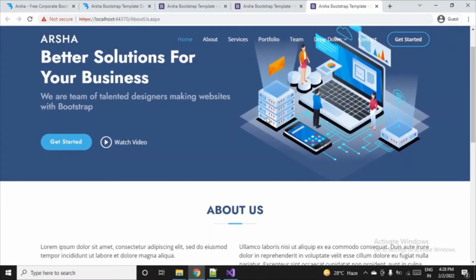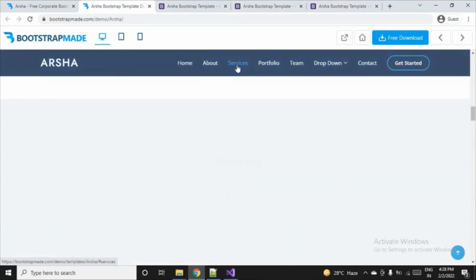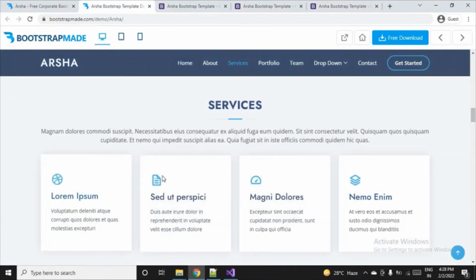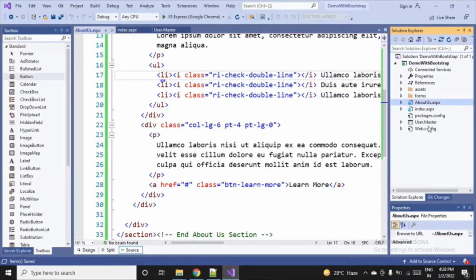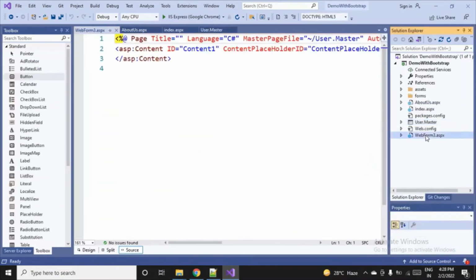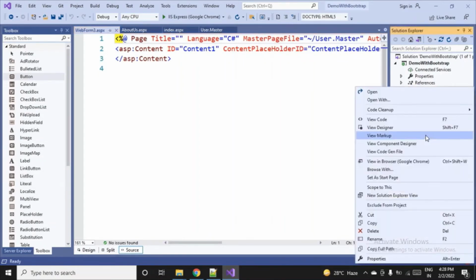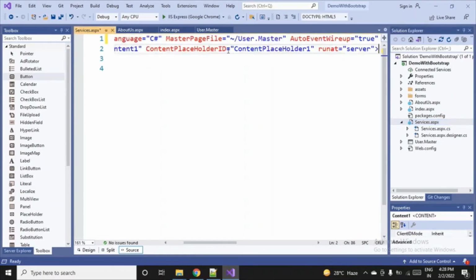One more time I'll do it for you. Services page. Let's create a services page. So let me see the services page here. If I click on services, it comes like this. All this content comes. So let's go to Visual Studio. One more time, right click on the master page. Add content page. Right click on it. Rename it properly. This time it is services. Enter, and inside the content placeholder, you all know which content will go.